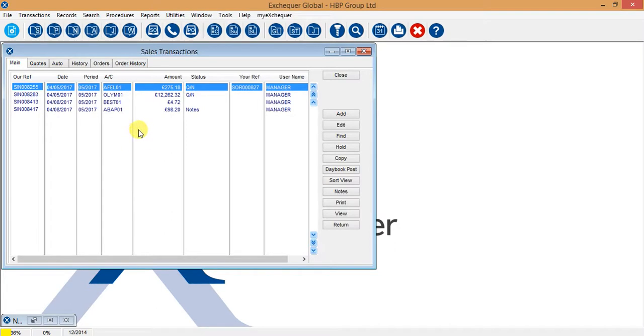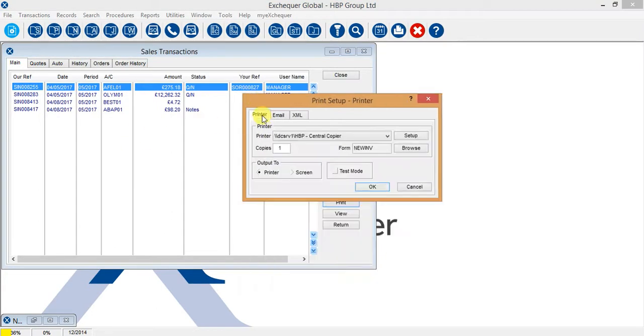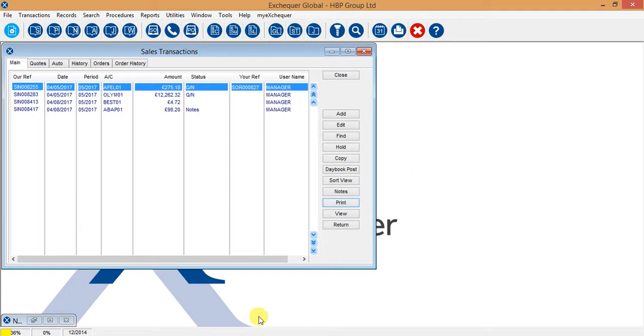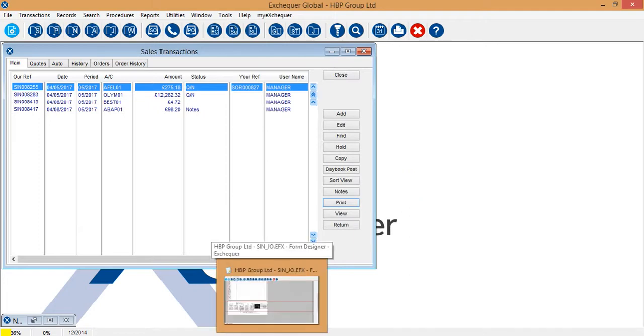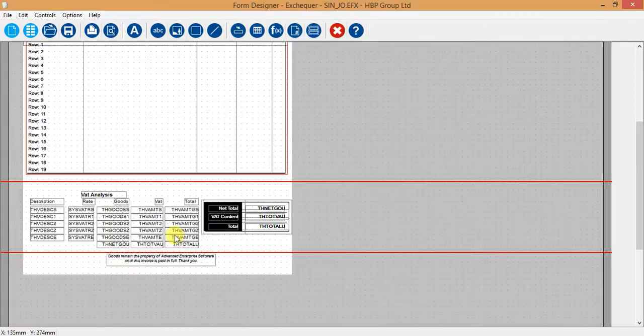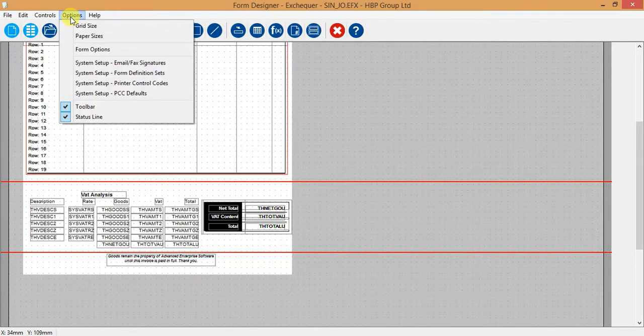Okay, so you may be thinking, when I went to print that sales invoice, where is it pulling this default from? So the form designer has something known as form definition sets, which I mentioned earlier on in the video, where you can assign different forms to different customers. So in the form designer, if we go to options and system setup form definition sets,